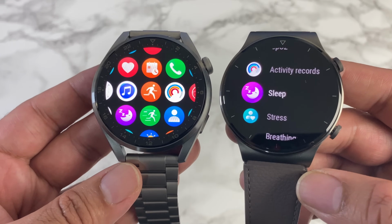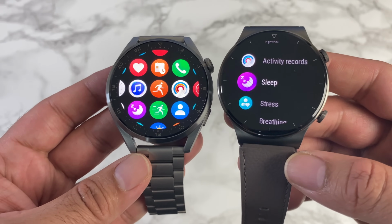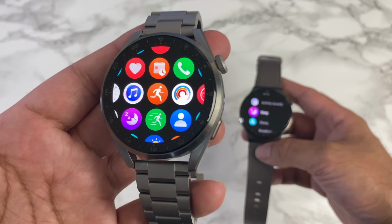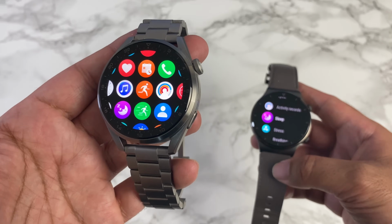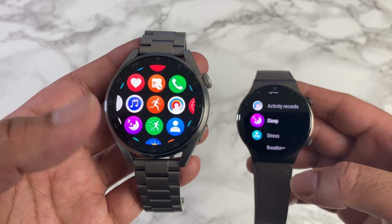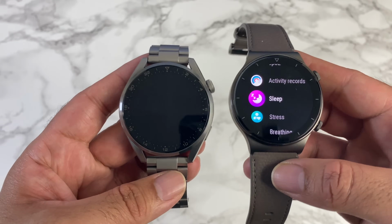Now, I must admit, I am a fan of Huawei smartwatches, but at the end of the day, I will always review them with full honesty so people know exactly what they are buying. I am quite impressed with the Pro Elite. I'm actually also testing the standard GT3 Active, which is slightly smaller and thinner, and that full review is coming soon, and I will be sharing my